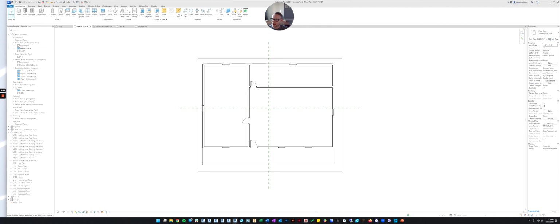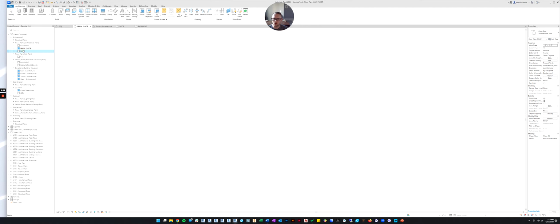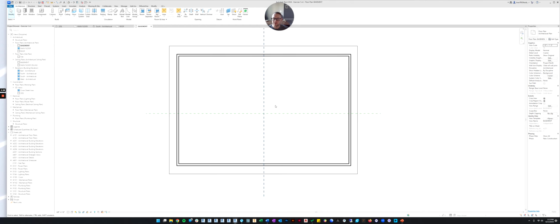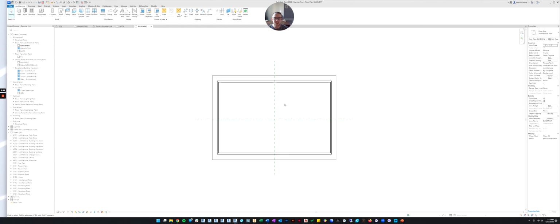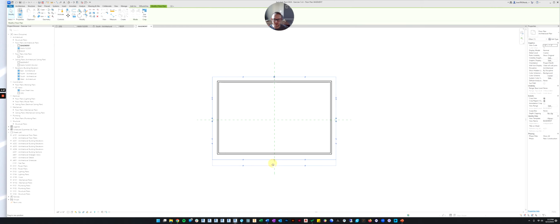Okay, so now we have 3 floor plans that are all cropped the way we want them. So what that did, if you remember back to the lecture when I showed you what a floor plan is doing when it cuts the model, it cuts it from left to right and front to back. So that's what we just set up. This is the back cut line, this is the front cut line, this is the left cut line, and this is the side cut line. So that leaves 2 more lines that we haven't determined yet, the bottom and the top.